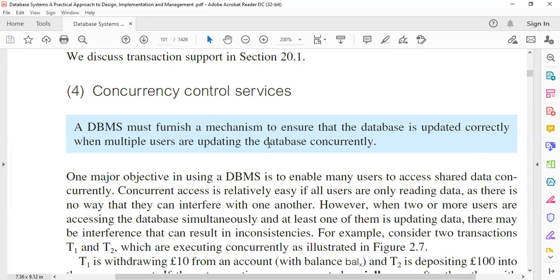And these users or these transactions from the users must be controlled, or the concurrency must be controlled, to ensure that the transactions are able to make those changes, and the updates do not result in some inconsistency. You know, sometimes I may be having a transaction on the database